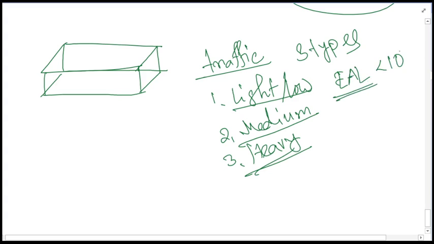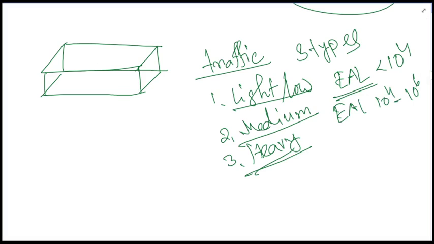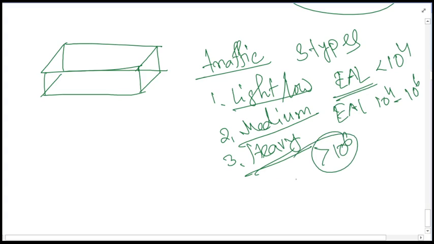If EAL is less than 10 to the power 4, then light. If EAL is 10 to the power 4 to 10 to the power 6, then it will be called medium. And if it is greater than 10 to the power 6, then it will be called heavy. So these three are the conditions whether this is light, medium or heavy, and based on this you will have